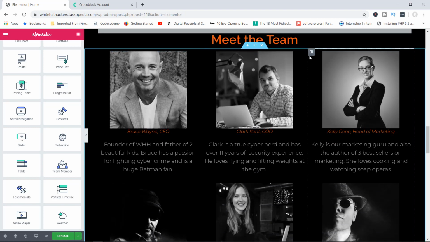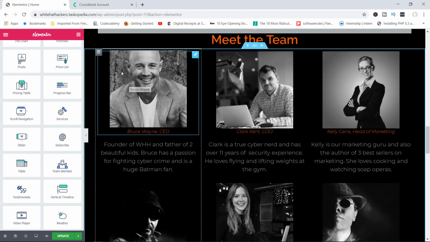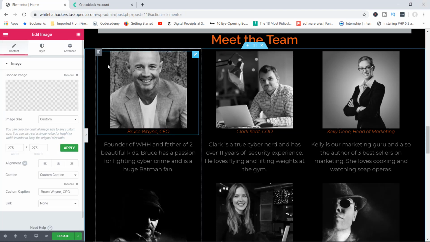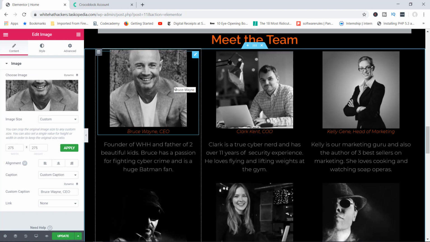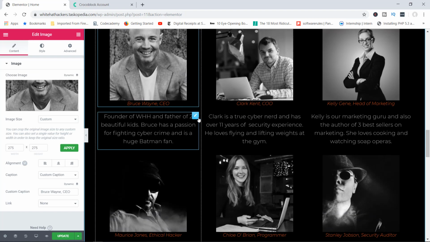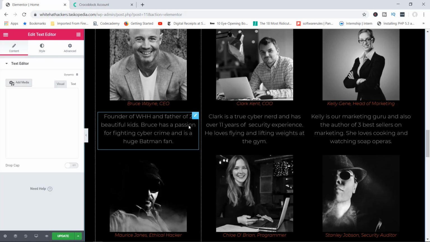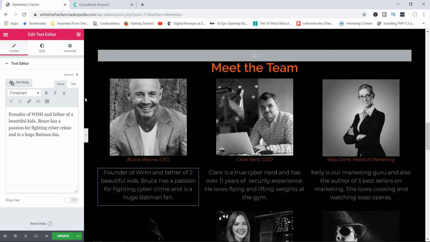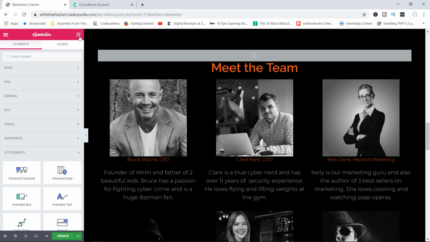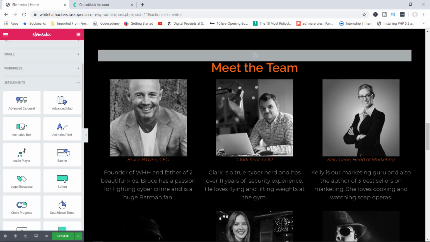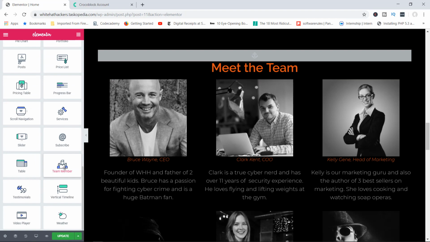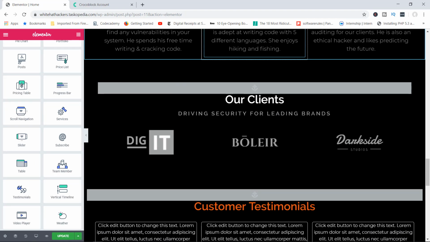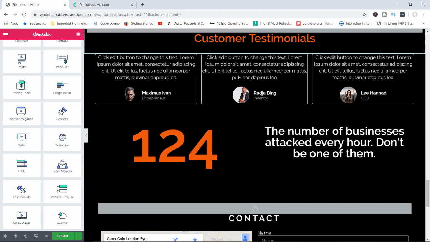Now, building this section was easy, but it also took quite a while because, if you notice, we had to add an image element first of all, and then we had the caption, and then we had to add a text block as well, and it wasn't really the cleanest way of creating this section. So right off the bat, one element that you can use to improve this kind of content would be the team member element. So what I'm going to do right now is let's just go ahead and